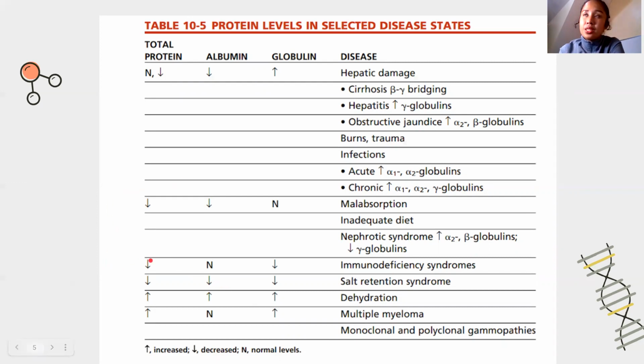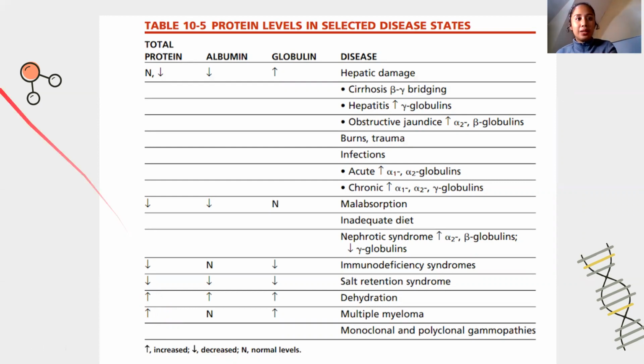Immunodeficiency. Ano bang example ng mga immunodeficiency, ma'am? Like AIDS, hindi HIV, AIDS. Dehydration, class, di ba? This is a relative hyperproteinemia. Mataas ang proteins pag dehydration because there's now not enough fluid to dissolve your protein. And multiple myeloma, di ba? There is malignant proliferation. Pag malignant, di ba, sa cancer, masyadong marami ang naproproduce na plasma cells. So, class, dangerous din pag masyadong maraming antibodies sa katawan.